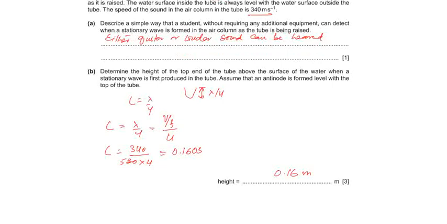So L is equal to lambda by 4, and lambda is the speed over frequency. We know the speed, we know the frequency. So 340 over 530 into 4 is 0.1603. It is 0.16 meter. Next,